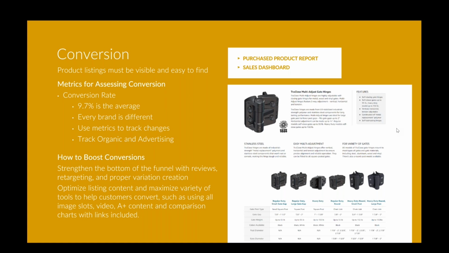This is something you can use, but again, we want you to keep in mind that every brand is different. There's lots of different factors that go into what makes up an average conversion rate for a brand. The higher the price point, it might take shoppers more time to do product research and make sure that they are getting the right product at a larger purchase price.